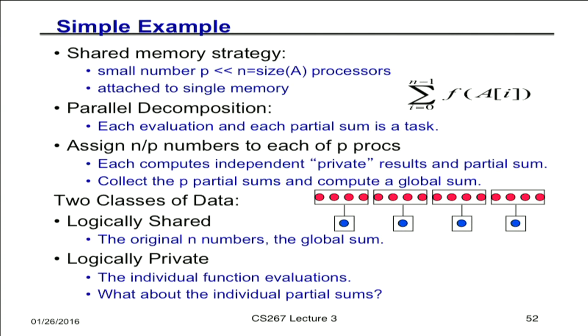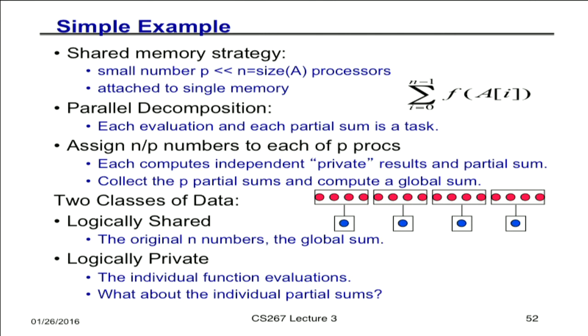So what do we do with our simple example running on a shared memory machine? Well, let's assume that our array A is much larger than the number of processors. Okay, so there's more than one element per processor. So what we'll do is divide the array up, and we'll logically think of each one of the processors, or each one of the threads, as responsible for doing the F application on some subset of A. Okay? So here we've got A, and it may be sitting in our shared memory, but we're going to